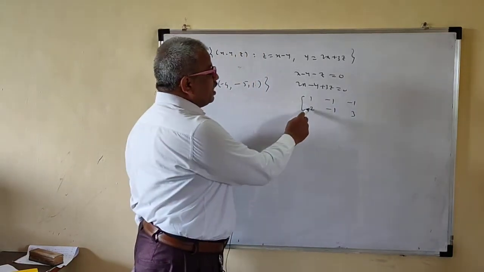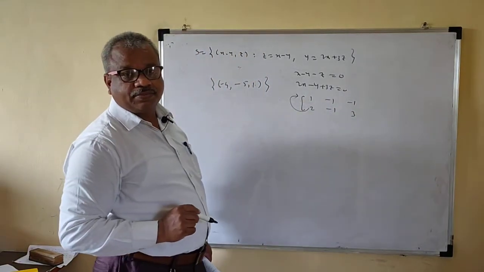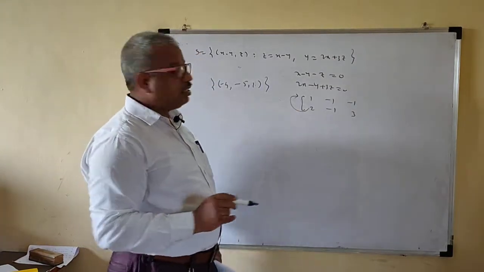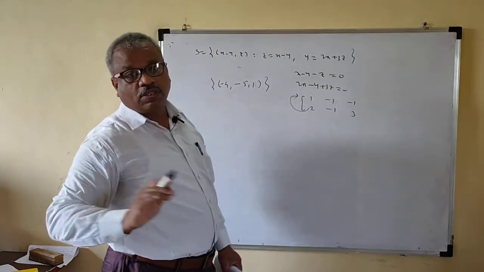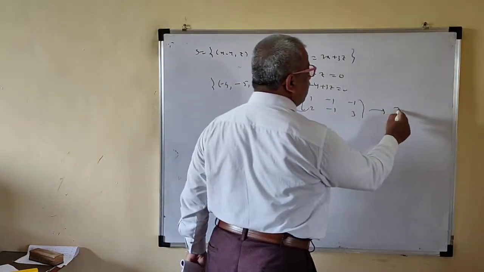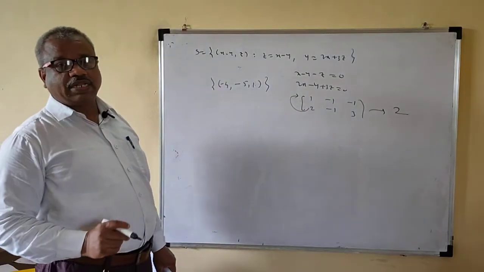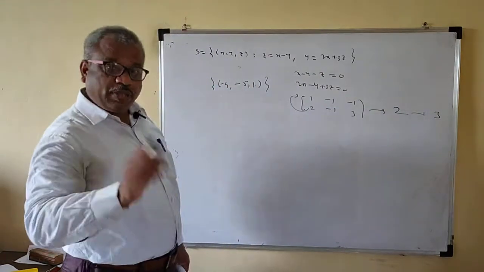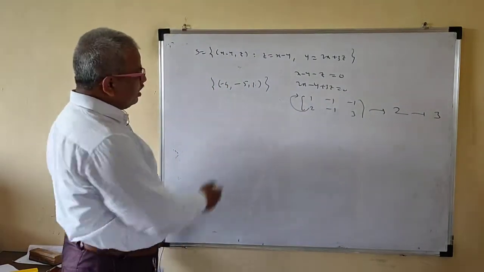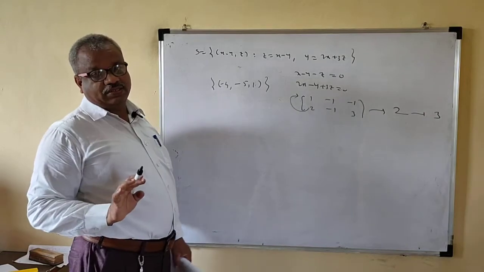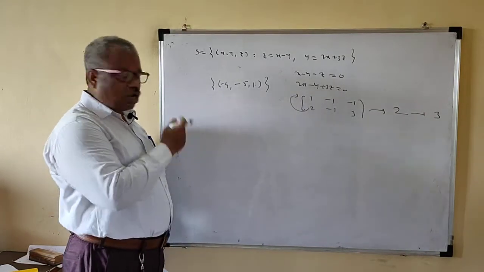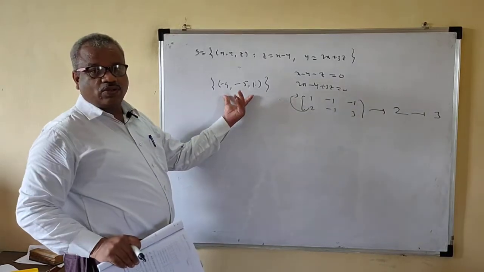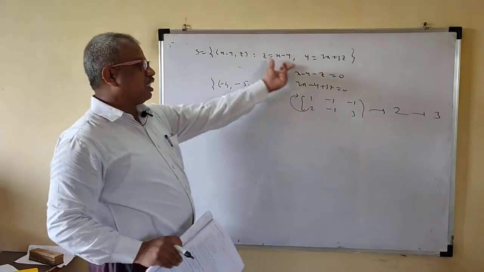That means this vector is not a scalar multiple of this vector. So if you apply any operation, this row will not be 0. That means the rank of this matrix is 2. And how many unknowns are there? 3 unknowns. So how many free variables? 1 is the free variable. A set containing one vector will be your basis. So if all the options contain only one vector, then you have to check one by one which satisfies this equation.